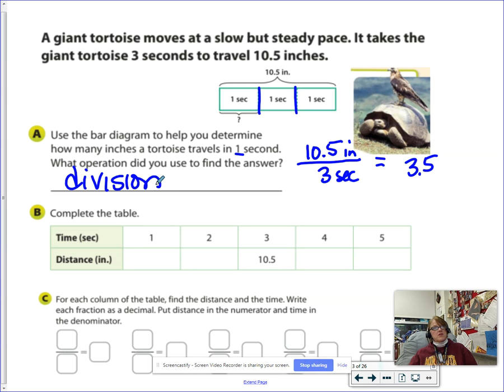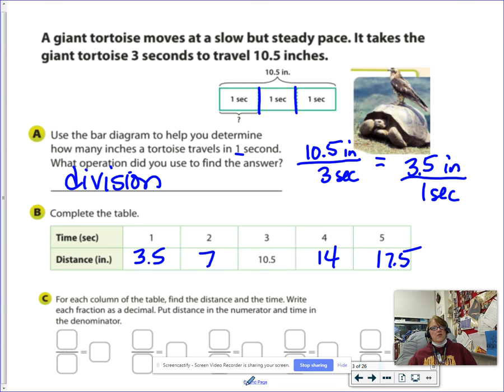We used division, and it turns out we figured out his unit rate is 3.5 inches in 1 second. I'm going to put that right here. We know 3 seconds was 10.5 inches, and if that's a constant speed, if he's going at that rate, add another 3.5 here. Add 3.5, I get 10.5. Add another, 14,